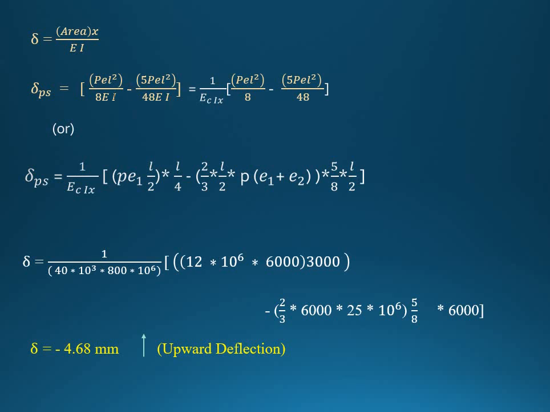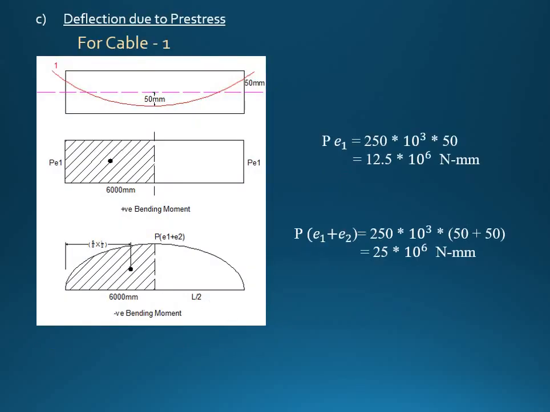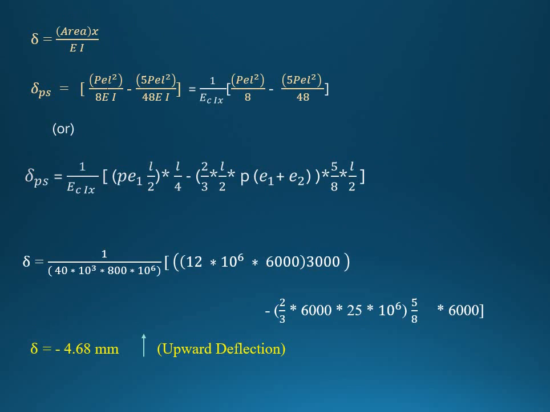These signs will keep on changing, depending on the bending moment diagrams, so be careful while substituting. The first one is for the rectangle, the second one is for the parabolic, and I have taken E and I common outside, so I can write like this. This is the final equation. You can write like this, or else you can expand these formulas and write like this also. Nothing wrong in that, whichever you feel comfortable with, take that format and just substitute the values.